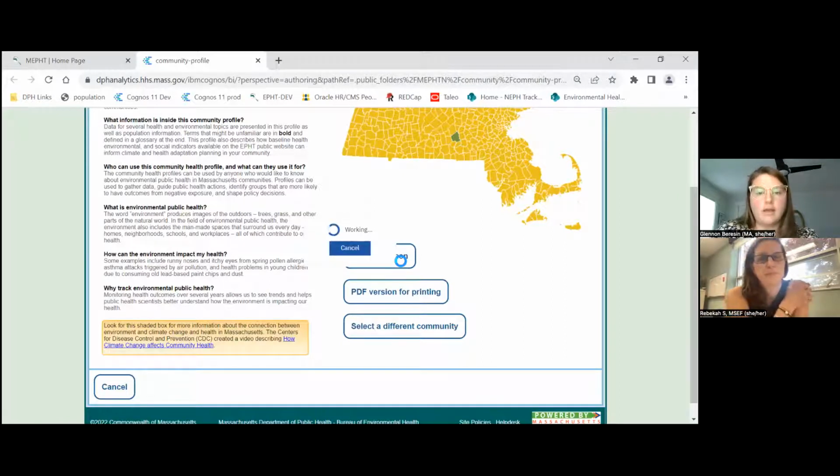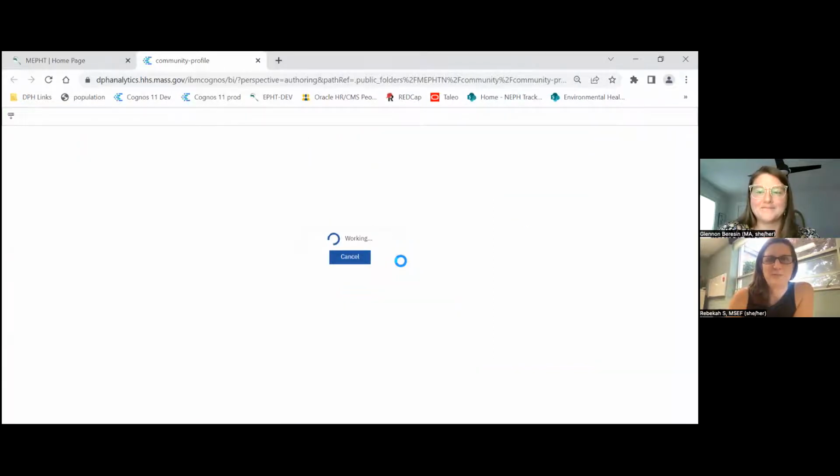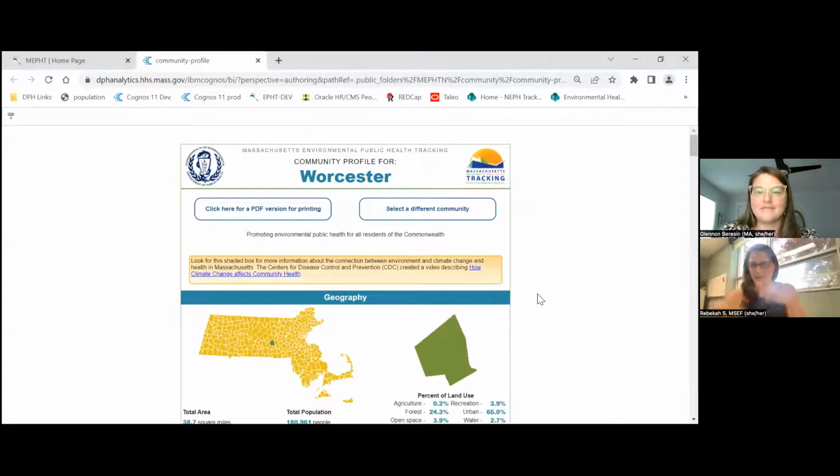So I'm just going to go ahead and click view on screen. We've selected Worcester, right in the center of the Commonwealth. And I promise you it will come up in just one moment. It is neat to know that it's because the data is constantly pulling and updating.